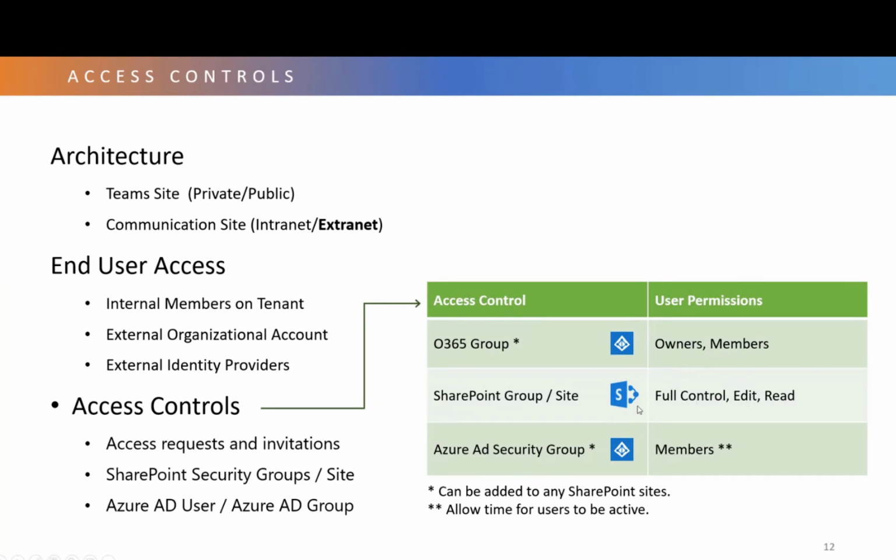access to your site. And then you can add users to an Azure security group. If you drop an Azure security group into your SharePoint site, you cannot drop this into a team site. You can on the SharePoint part of it, but not for chatting and communications. So Azure security groups are interesting in that the owner doesn't come in and have access, only the members of the group. So if you want the owner to also have access to the resource, you would add them as a member too.